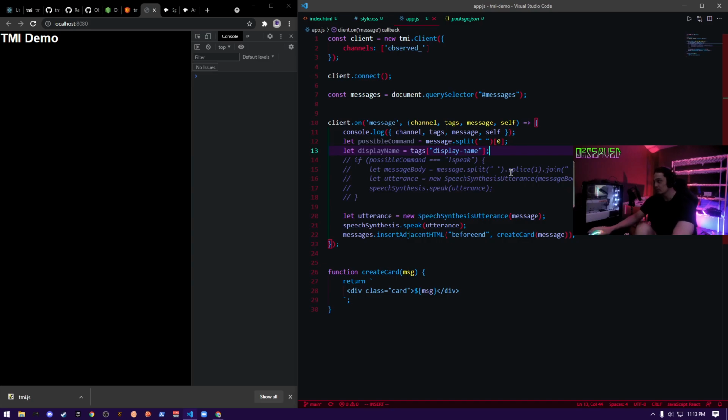And then what we need to do is when we pass a message to our create card function here, we need to pass in display name.